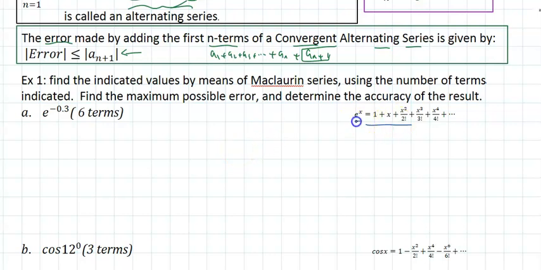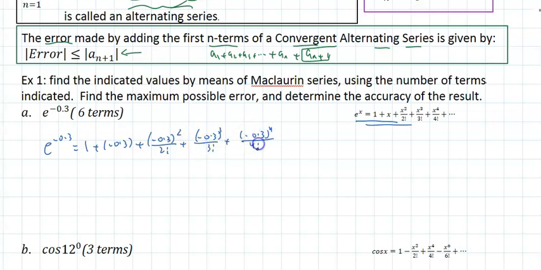So we know e to the x is 1 plus x plus x squared over 2 factorial. So when I say what is e to the negative 0.3, that is 1 plus a negative 0.3 plus a negative 0.3 squared over 2 factorial plus a negative 0.3 cubed over 3 factorial plus a negative 0.3 to the